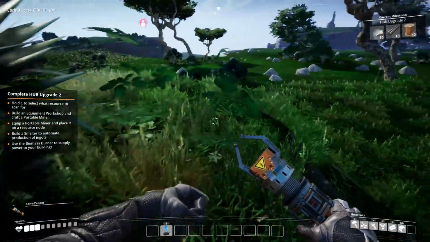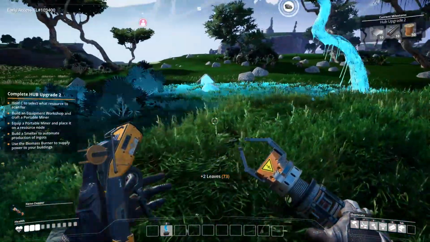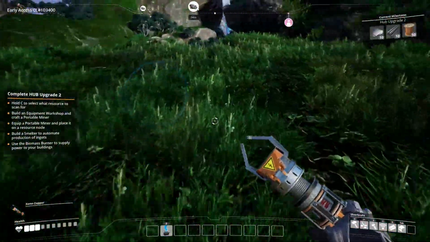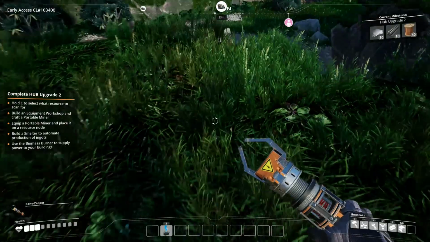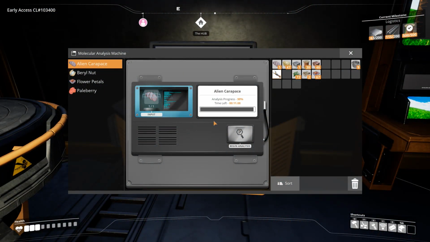To find the basic materials in order to progress, it's fairly easy. You can just use your scanner and go to the waypoint that it produces. But if you're on the hunt for something specific that you haven't yet unlocked and researched, it does become quite a challenge. I feel like the research section does give off some good objectives to spur on that completionist side